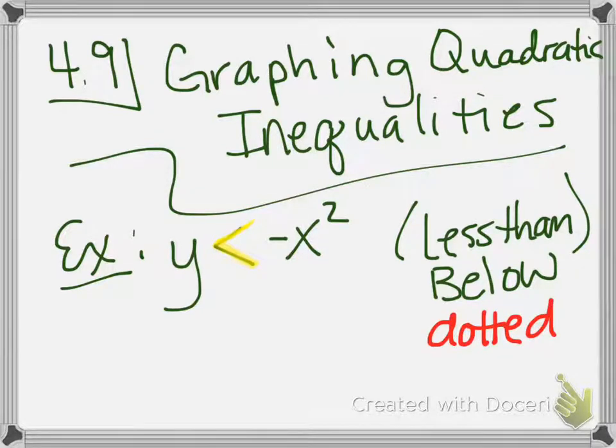Okay, so this is not too difficult to graph. I'm just going to squeeze my graph in here. Y is less than negative x squared. Well, this is the regular parent function. It has not been shifted right or left because it doesn't have any parentheses. It hasn't been shifted up or down because it doesn't have anything at the end. So this graph starts at the origin,